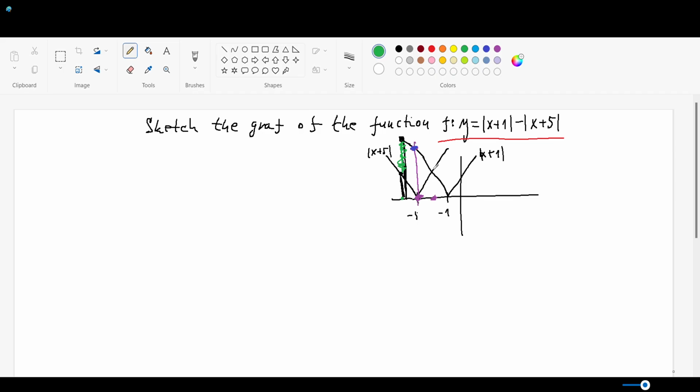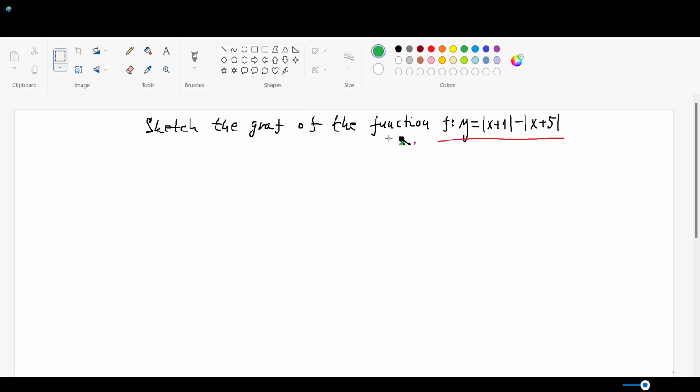And if you want to do it, you have to sketch quite a lot of points to find out how the function will really behave for all the real numbers. It is not a very hard task, but it's quite complex and hard to do. Especially if you imagine that the equation has not just two absolute values, but maybe 3, 4, and so on, then the task becomes more and more difficult and not easy to solve. That's why